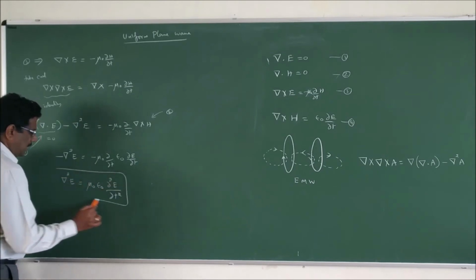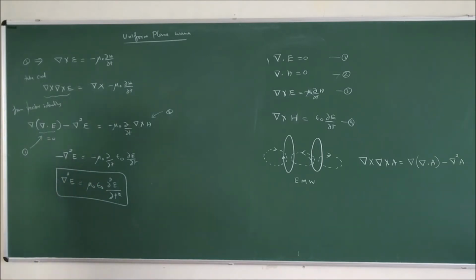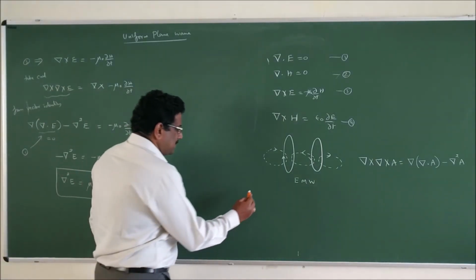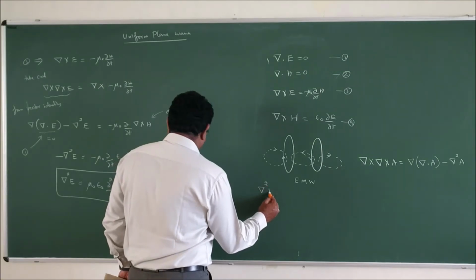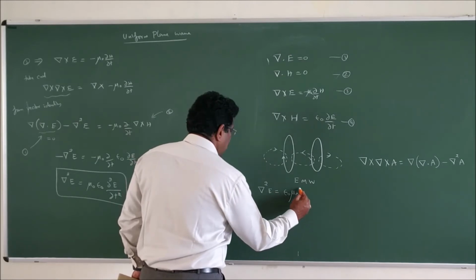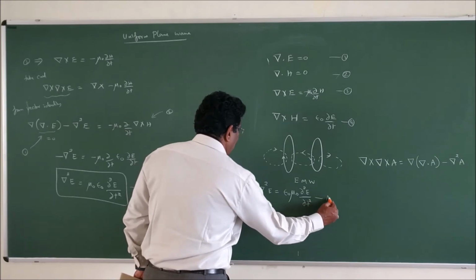Okay. So let us see one of the important second order partial differential equations. It is second order because of del square. Del is nothing but dou by dou x. So it is a second order partial differential equation, which is the equation for your electromagnetic wave. I am sorry, only for the electric field. There is no magnetic field here. Let us say this is equation number A. I would like to write it separately: del square E equal to epsilon naught mu naught dou square E divided by dou T square. Equation number A.